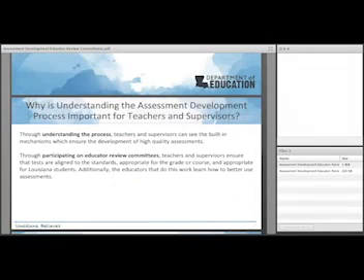So it's pretty important for teachers and supervisors to understand the process. Because when y'all understand the process for assessment development, you really see all the different ways that we build in these safeguards and quality controls to make sure that the assessments and the items that we're developing are of the highest quality.